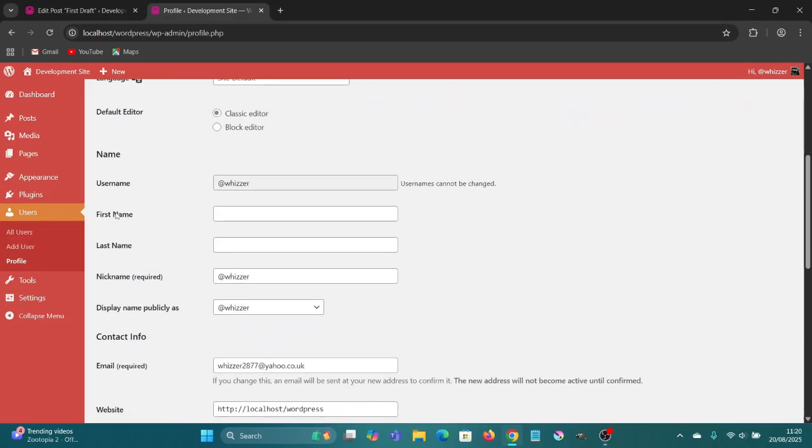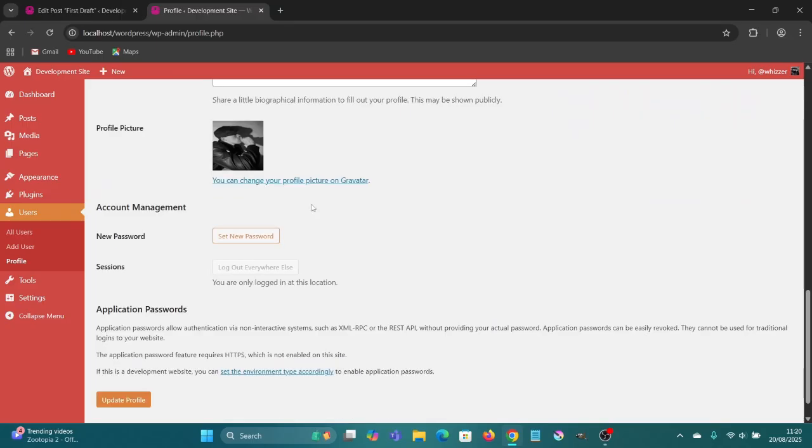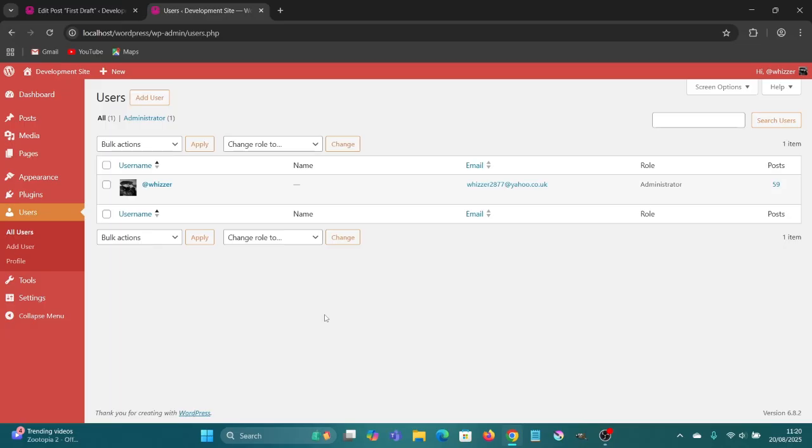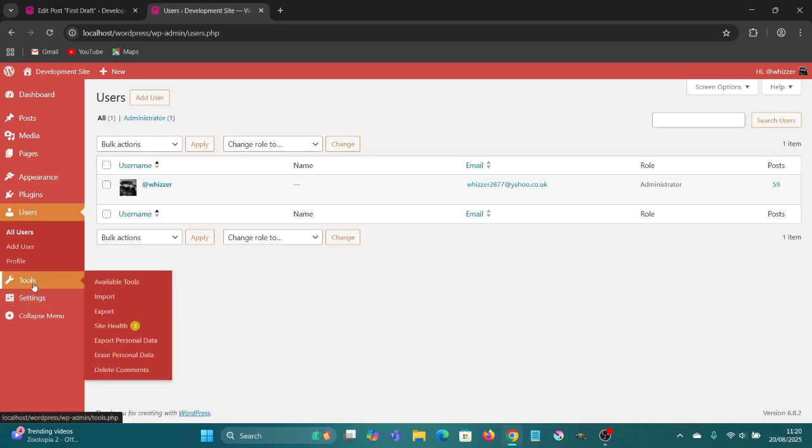You can choose your username, first name, last name, email, address, and set a new password if you want to. Happy days. You can do all kinds of things inside your profile, but let's update profile. Let's go back to all users, and you can see the environment has changed to the sunrise theme. Nice and simple. Okay, then we've got tools. We've got available tools, import, and export, and these do all